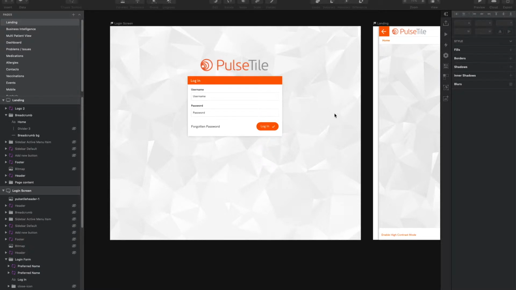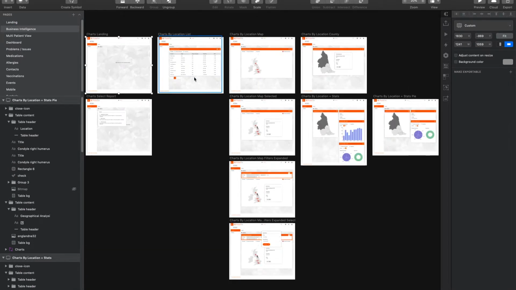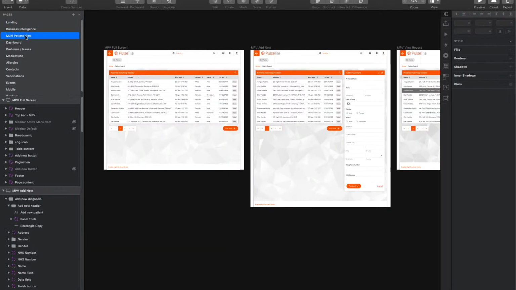This is a quick overview of PulseTile, the tools that we use to design the individual wireframes and the tools that we use to share and gather feedback, and how we actually make changes and ongoing revisions to existing wireframes. And within this document here we can see all the individual screens that we've produced that make up the current